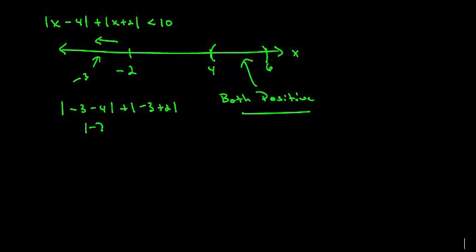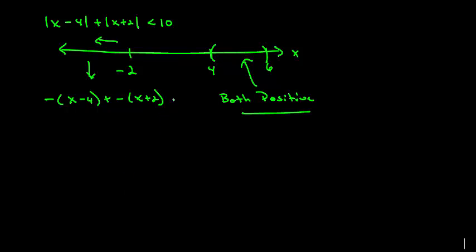So this would be the absolute value of negative 7 plus the absolute value of negative 1. So this is 7 plus 1, and that's less than 10. Okay, so notice that the insides became negative for both of these things over on this side. So what that means is that over here, since both of these are negative, the absolute values of them are equal to the opposites, just using the definition